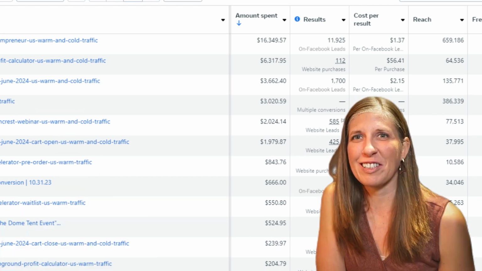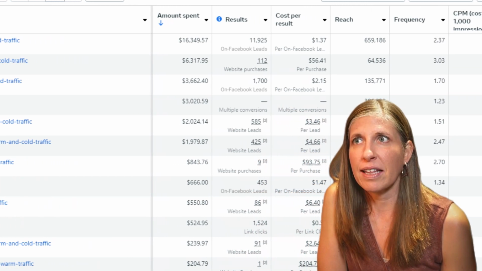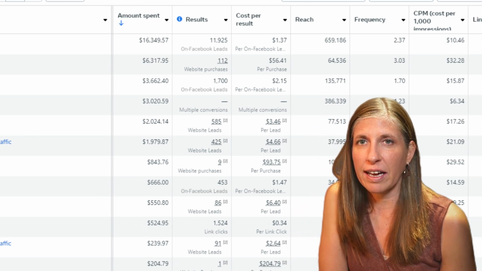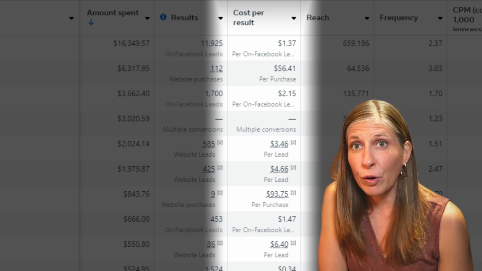Jamie, what are the most important metrics that you look at when running ads for your client accounts? So if you're running a leads campaign and you have a lead magnet, then the most important thing you're going to look at is your cost per lead. That's always number one. We want to make sure we have a low cost per lead. And then you're also going to be looking at your click-through rate. You're going to be looking at your reach. You want to make sure that your reach is at least at 500, or else you can't make any other decisions based on the other metrics. And then also your frequency.